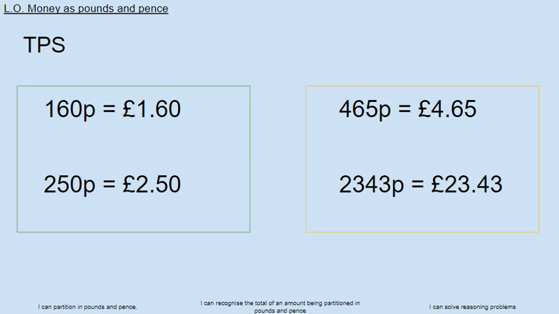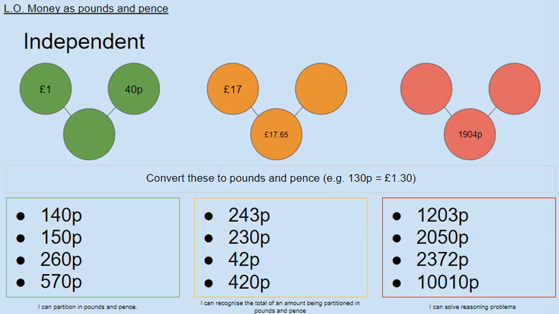Well done. And now we're going to get on to the main event and today's lesson, the actual bit you will do in your books. This is the main bit. So first of all, choose a part whole model to complete. You've got a green one there, so you've got the two parts. In this case, I want you to write down what it is there. In the orange one, the sort of walking, running, cycling that we call it,